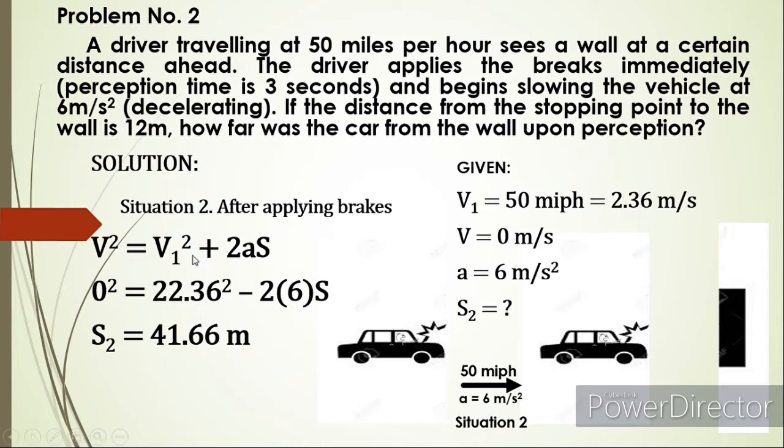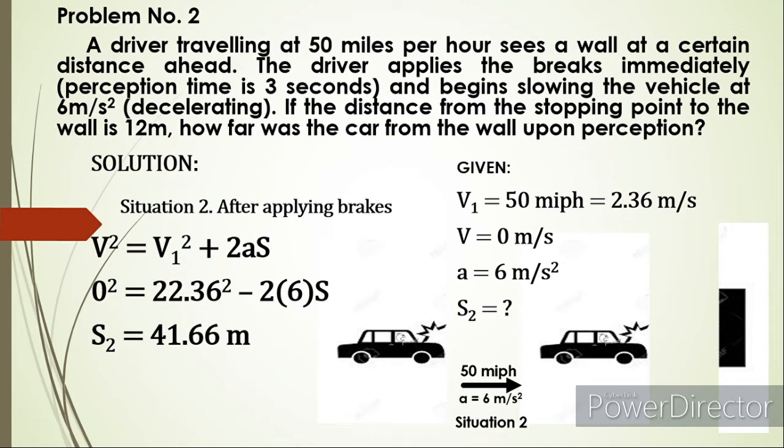So, using the formula, V squared is equal to V1 squared plus 2AS. 0 squared is equal to 22.36 squared minus 2(...)(6) S. Negative, kasi sinabi ng problem na it is decelerating. Therefore, acceleration is negative. So S is equal to